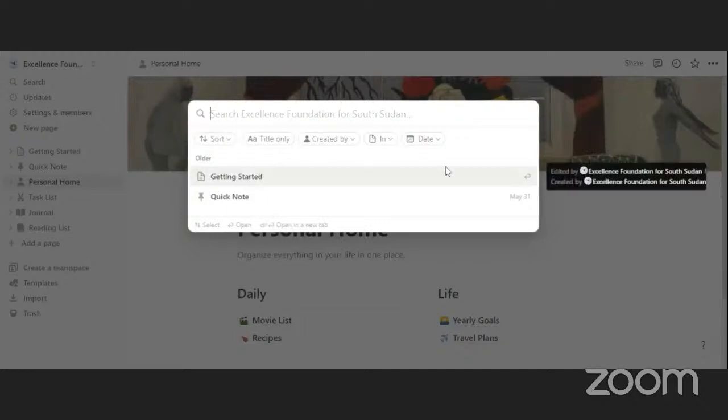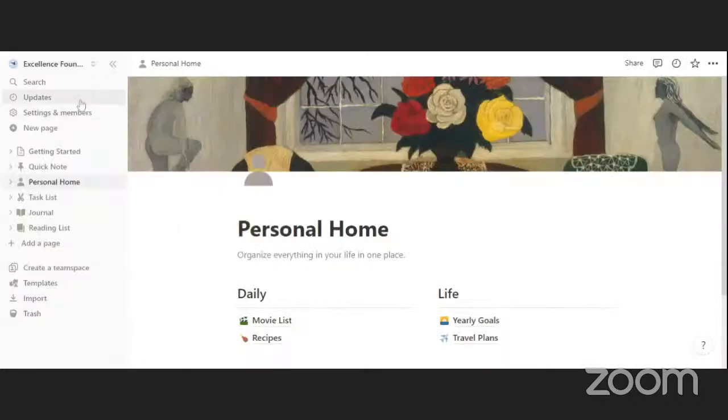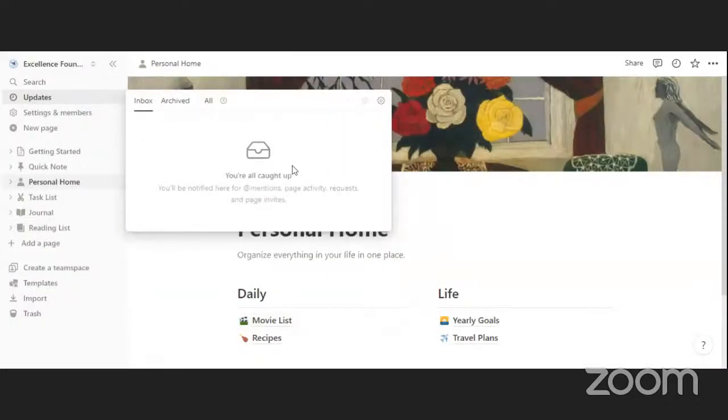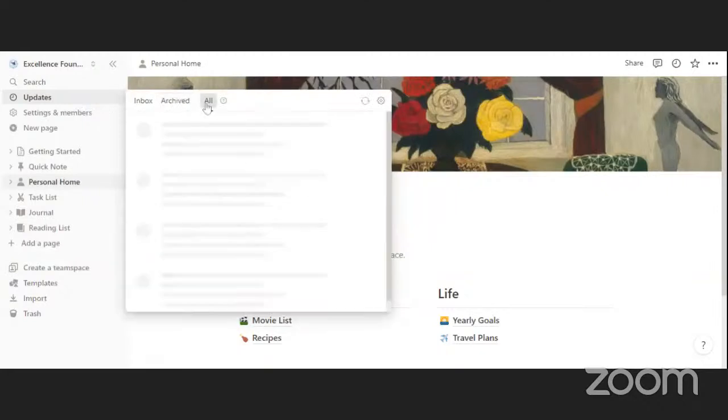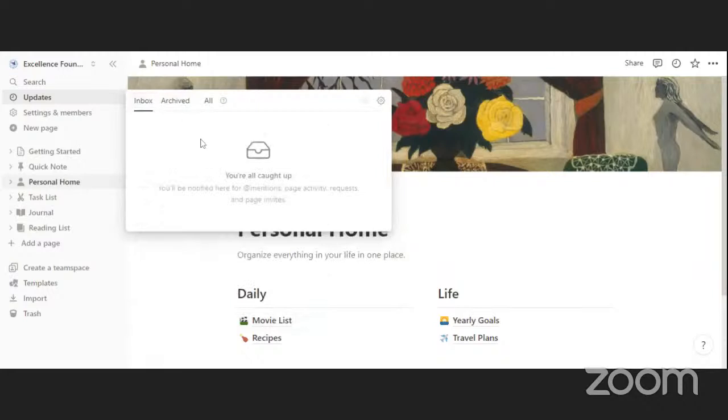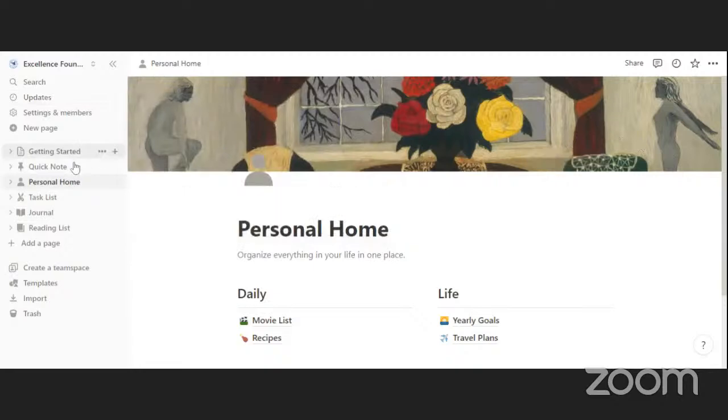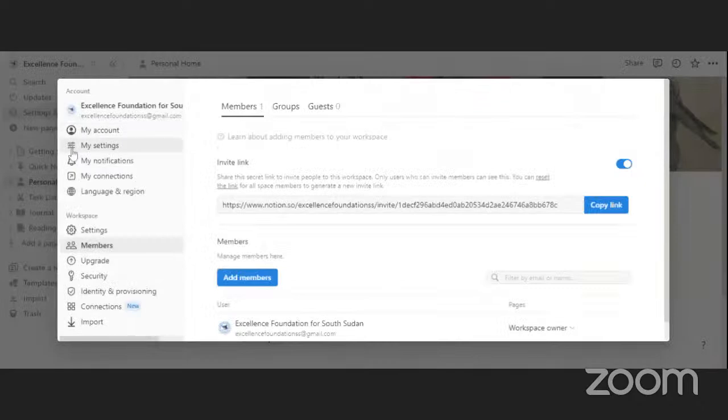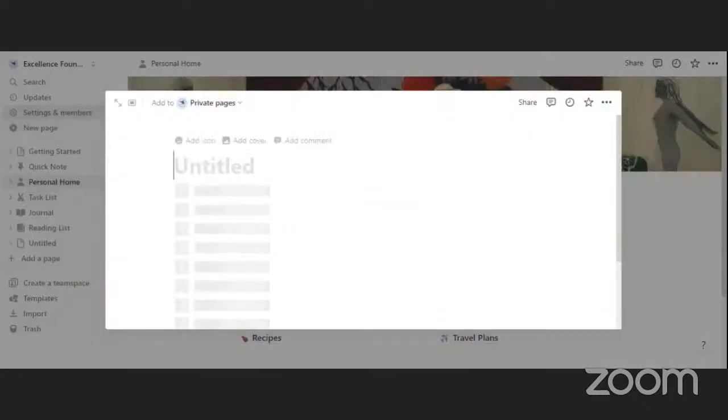And then in case you want to see updates from Notion, updates from your team, because Notion is for teamwork, it's good for organizations. So if you want to use it for your personal things, I will advise you just use your normal note takers that you have in your phone. But this is good really for organizational work. And then settings, you can change how you want things to look, your account and stuff like that. And then if you want to do a new page, you can click here and add a new page.